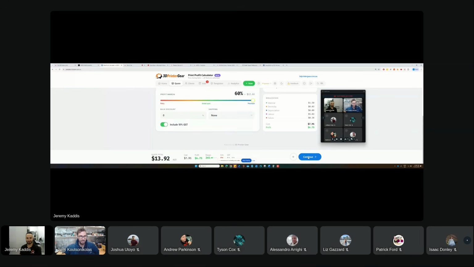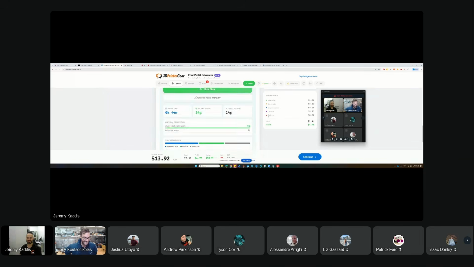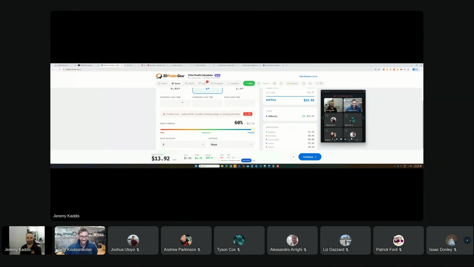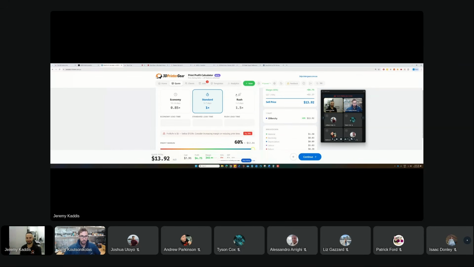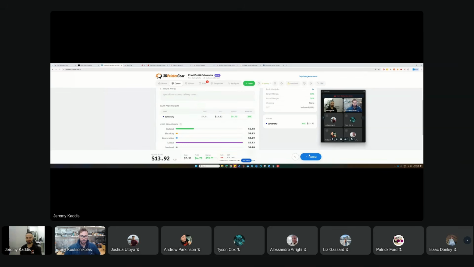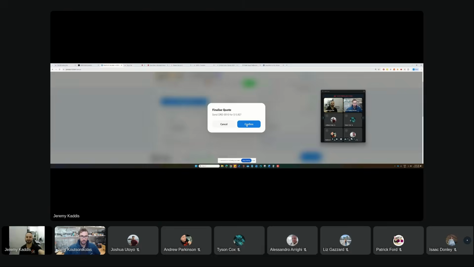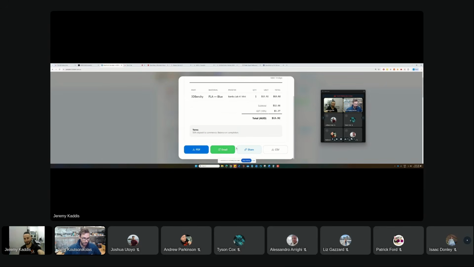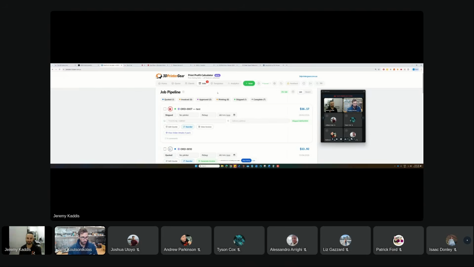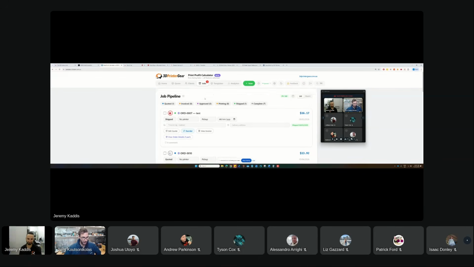Labor, the biggest expense no one puts. Labor is the biggest expense. Yeah, exactly. Then it can show me economy, standard, rush. Then I can create a client, add it to that specific client. Then I can confirm it. So it's like a customer relation management software too. If you build up customers, you have them all there. You see the jobs that are connected to them, right?